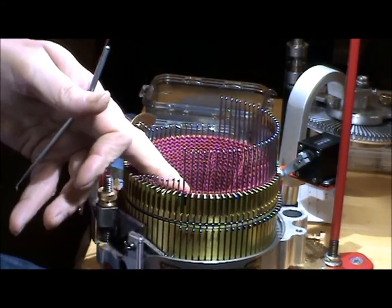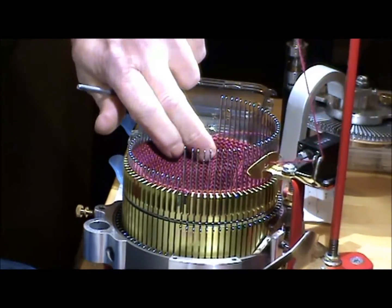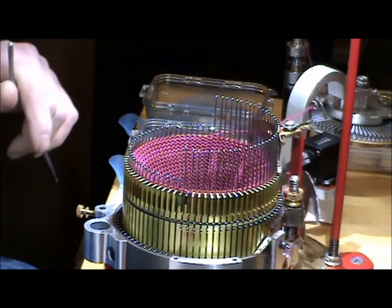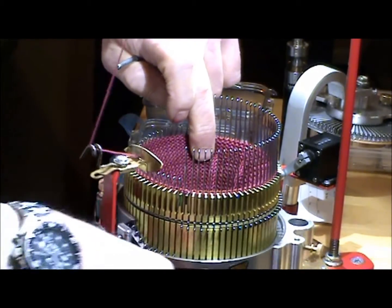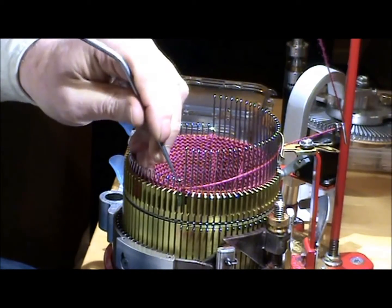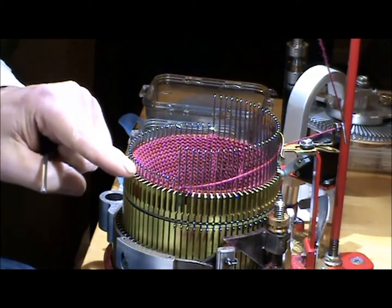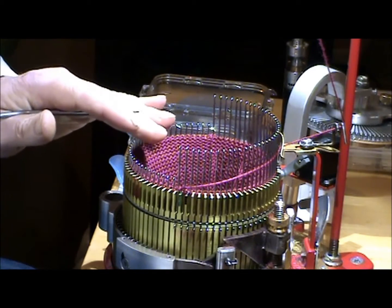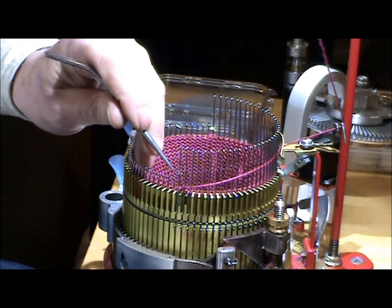Now you're going to watch me, and I'm going to do a lot of this work with my fingers. Instead of putting in heel weights immediately, I like using my fingers. And all I'm doing is keeping a little bit of tension on these first couple stitches right at the corners each time. I'm going to be watching right across the back of the cylinder, and I'm going to watch to see if the stitches start to rise up above the cylinder. As soon as they start to rise up, that's when I'm going to put heel forks in. So I've now got 1 and 2,